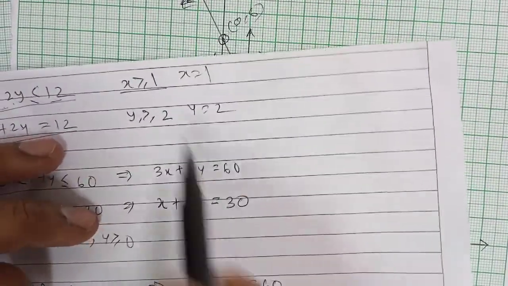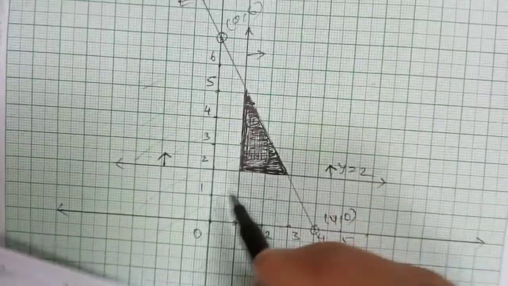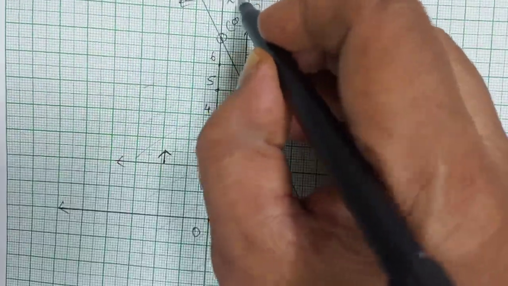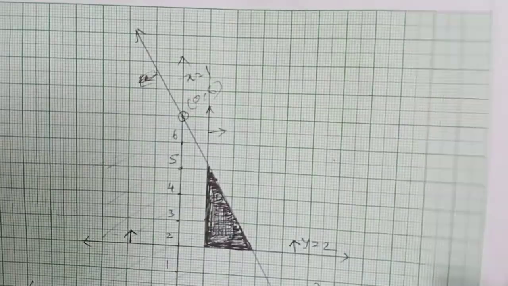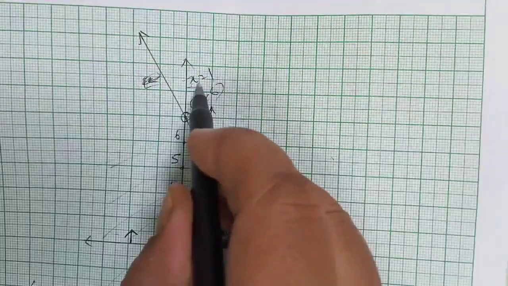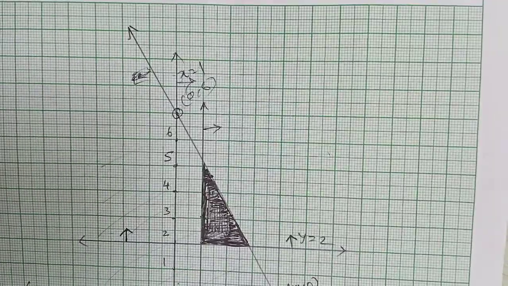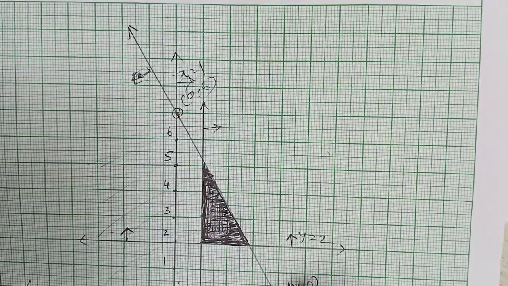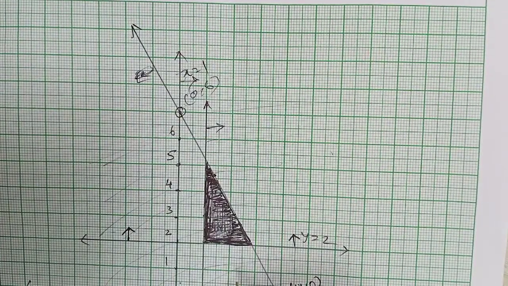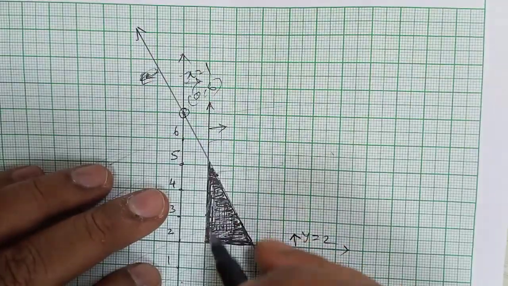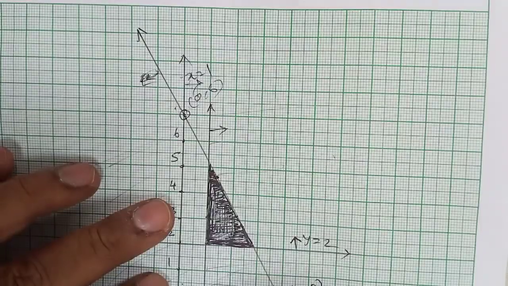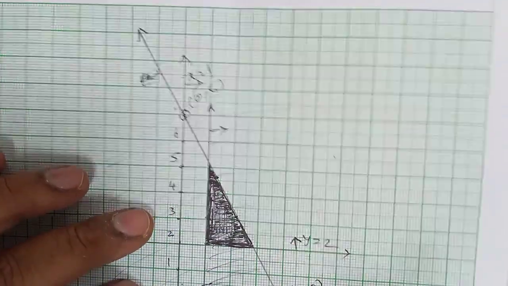Now we will draw x is equal to 1. This is the line x is equal to 1. This is the equation of the line x is equal to 1. Then x is greater than equal to 1 means this portion. See, I have given the arrow this side. Means this portion, shaded will be this portion. So for that we get the combined portion is this right now. For this line and this line, the combined region is coming this.